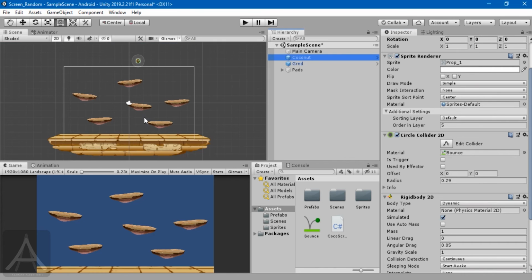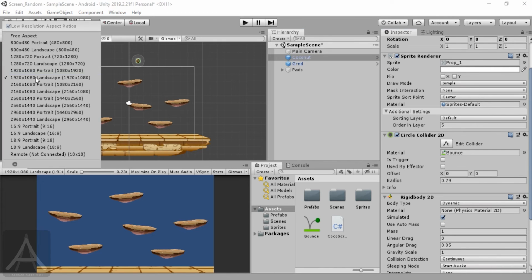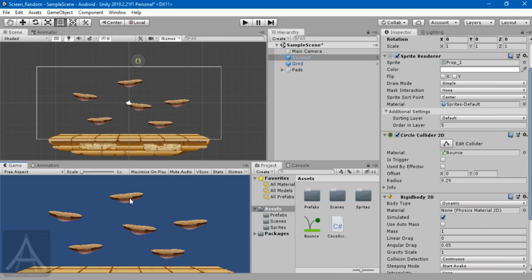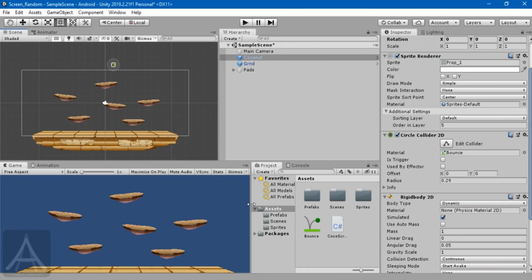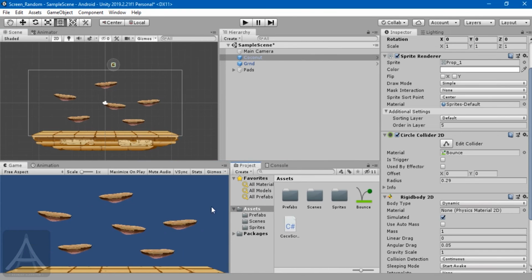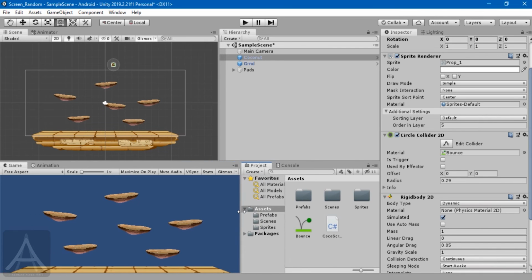Okay, this method will not work if you have a free aspect camera, because the problem is a free aspect camera does not have a fixed size, which means increasing or decreasing the game screen, for example, changes the size of the camera. This is set according to your editor and your monitor size, which is not at all recommended